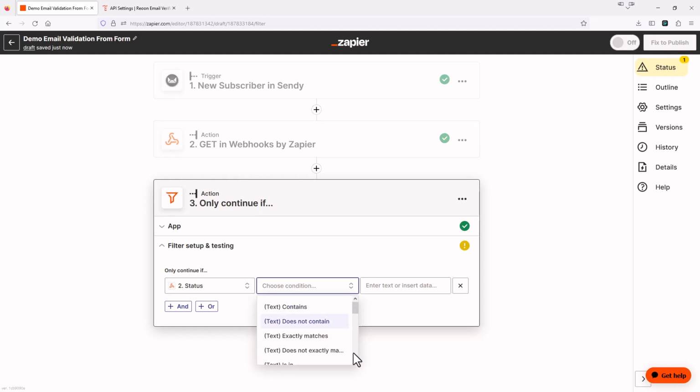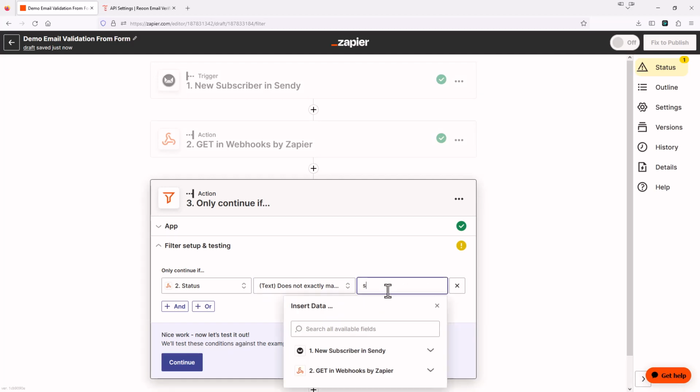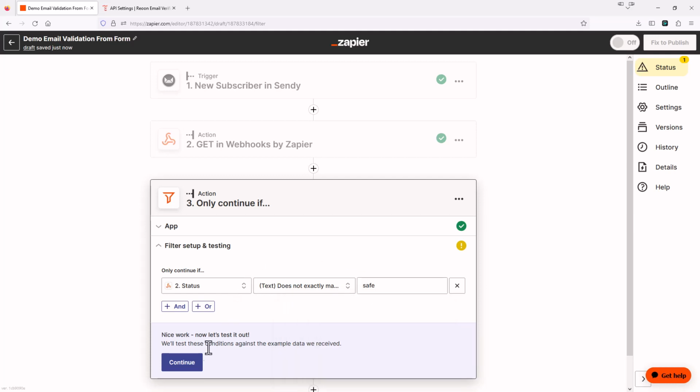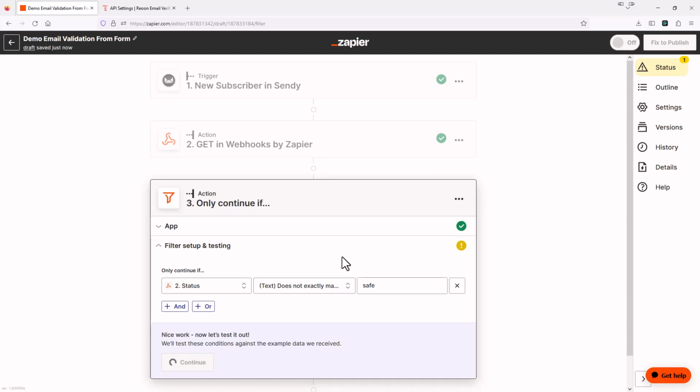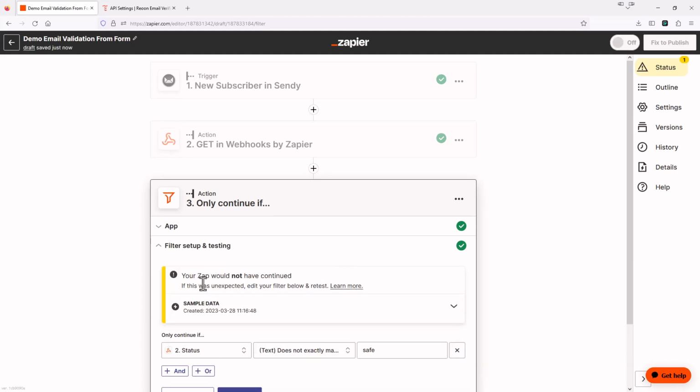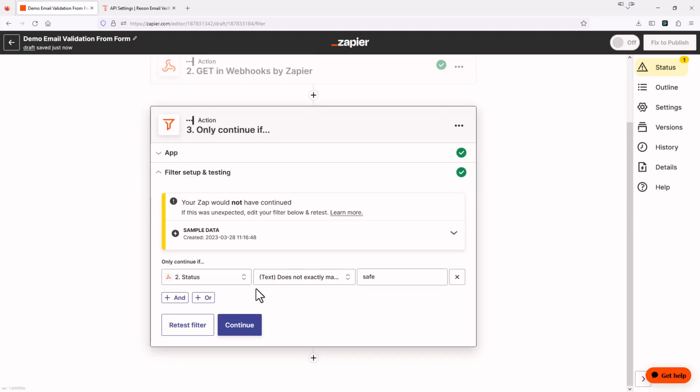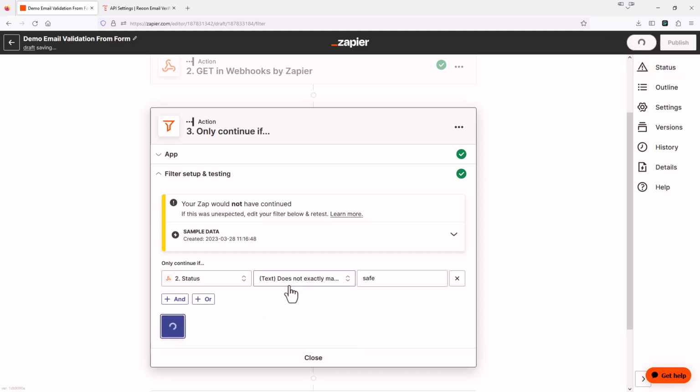So you could say text does not exactly match. I can just type in the word safe. And hit continue. So in this case, it tested it. It says your Zap would not have continued. And why is that? Well, we gave it a safe email address up here. And it checked Reoon and it was safe. And then since it was safe, it's like, well, it doesn't continue. But if it wasn't safe,